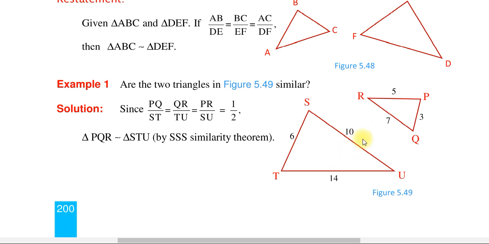Look, አሁን እነዚህን ትራያንግሎች ሲሚላር ናቸው አይደሉም የሚለውን ቼክ ለማድረግ ሬሾአቸውን እንውሰድ። ለምሳሌ PQ over ST, PQ ማለት 3 ነው ኦቨር ST ማለት 6 ነው is equal to QR over TU, which is equal to PR over SU, so which is equal to 1 over 2. ስለዚህ ምን ሆነ ማለት ነው? ሬሾአቸው ሲሚላር ስለሆነ triangle PQR is similar with triangle STU by side-side similarity theorem ማለት ነው።